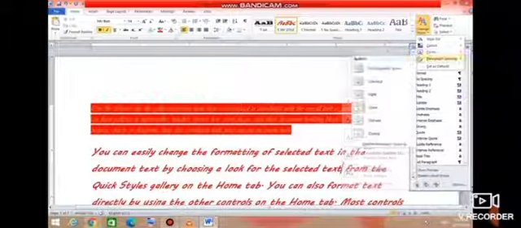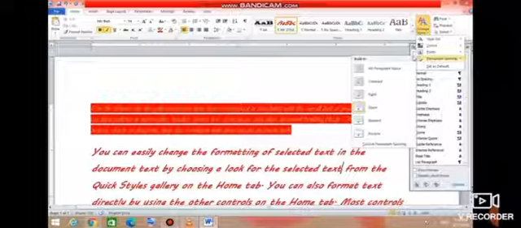Similarly, paragraph spacing. We can set the paragraph spacing of the whole document by selecting any option displayed in the paragraph spacing list. We can also set the paragraph spacing according to our own requirement by using the option custom paragraph spacing in the paragraph spacing drop down. Students, today we have done applying styles in the document.